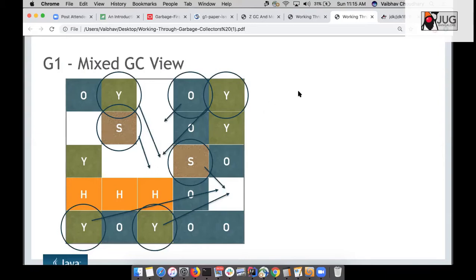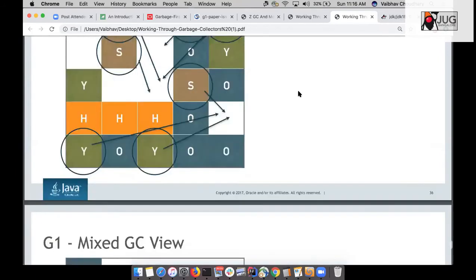Unlike the old garbage collectors, there is something called mixed GC, where some of the old generation garbage collection workload can be piggybacked onto the young generation collection. I will not explain in detail, but understand that when old GC runs, it can halt the application for a longer time. So we piggyback some of our work onto the young generation. When young generation runs, it does a lot of stuff which makes the old generation garbage collection also run easily. That is what mixed GC is.